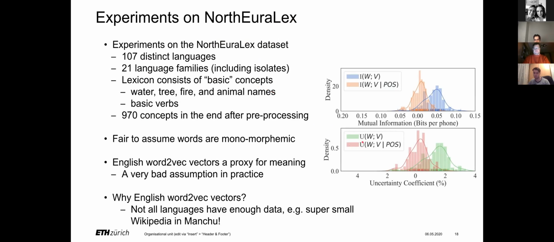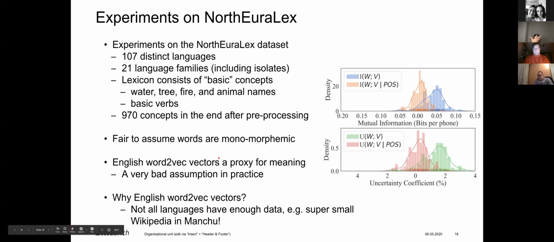We have some problematic bits to this experiment. We had to use English word2vec vectors as an approximation for lexical semantics in this work. They are concept aligned, so we can use the English vector for fire for, say, the Russian word for fire. But of course, this is problematic because that's not an actual representation, but we hope this is okay